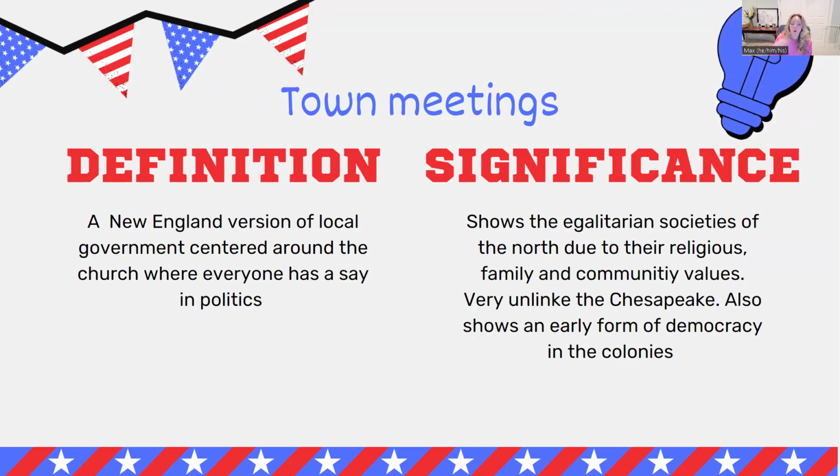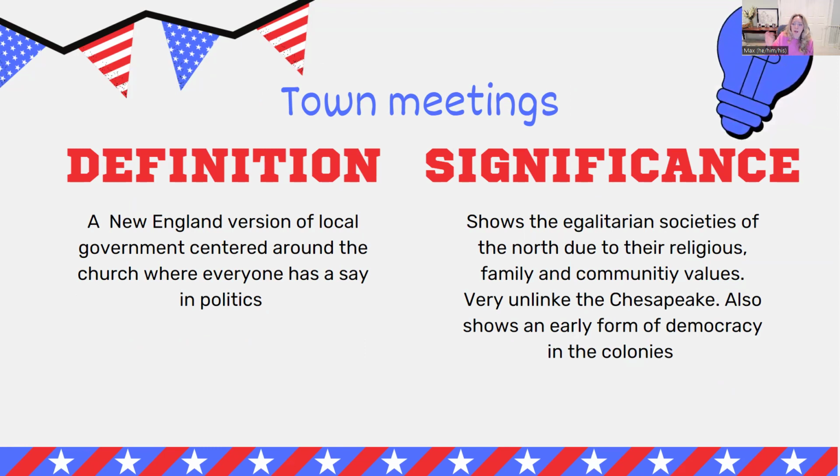Like I said, they are more family-based, they're more religious-based, and so their politics are more centered around the church. And they had town meetings where you'd go to church, and then afterwards you have a communal meeting with everyone, and everyone kind of had an equal say in community problems. It's way more egalitarian, it's way more democratic. And so, like I said, it just helps us see those differences and why those two regions developed differently the